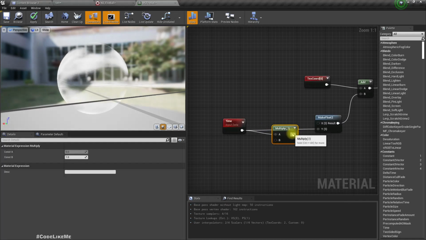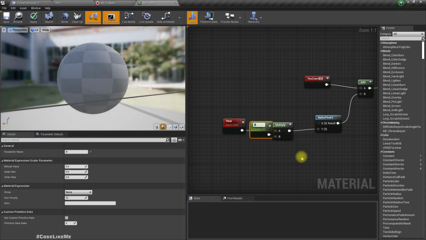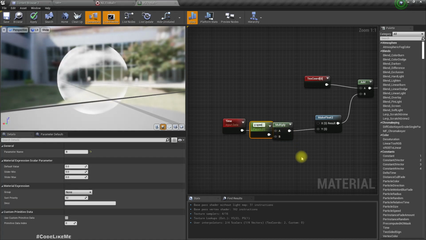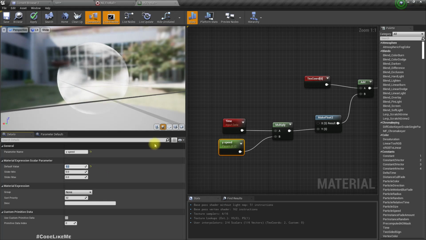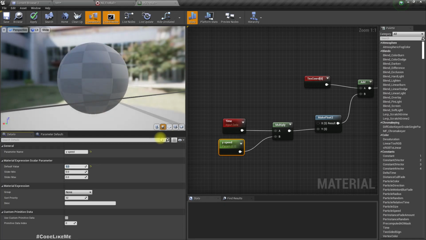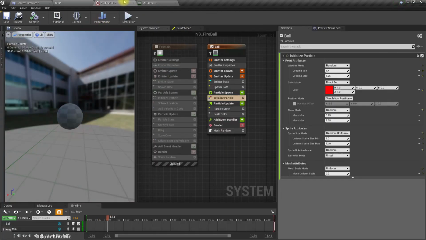So I promote this to a variable, y speed. Let's try something like 0.3. Great, but also it would be better if this object has some